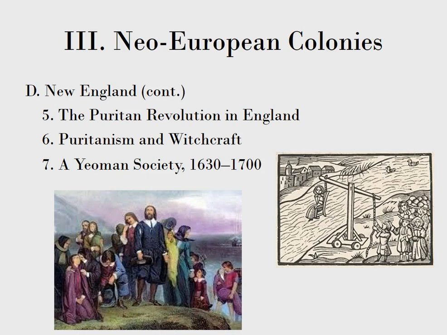1630 to 1700, a yeoman society. And when they say a yeoman farmer, that is kind of like your basic everyday farmer who's farming for himself. Proprietors received tracts of land from the general courts of the colonies of Massachusetts and Connecticut, and then distributed the land to male heads of households. All families received some land. Most adult men could vote in town meetings or local government. Largest plots of land went to men of high social status, and the possibility of land ownership made New England a place of great opportunity for men.